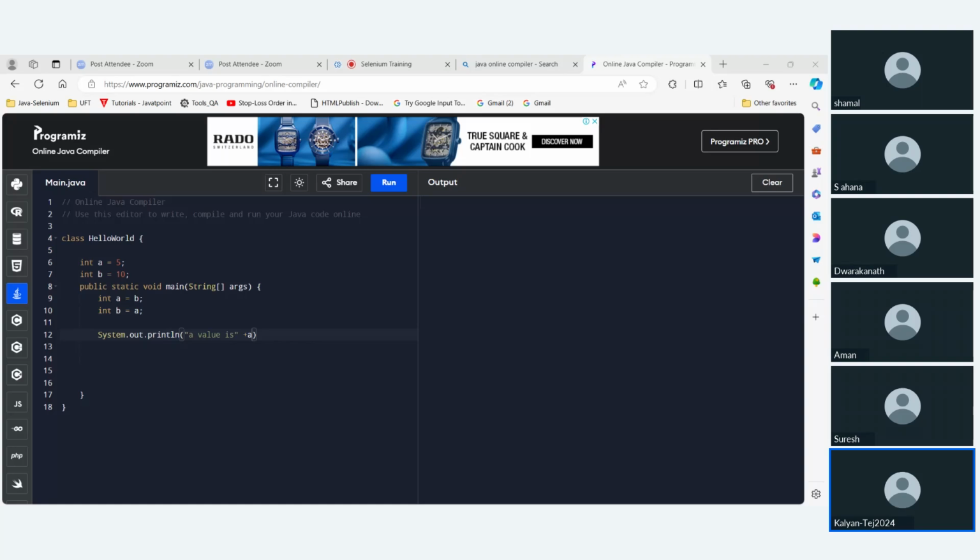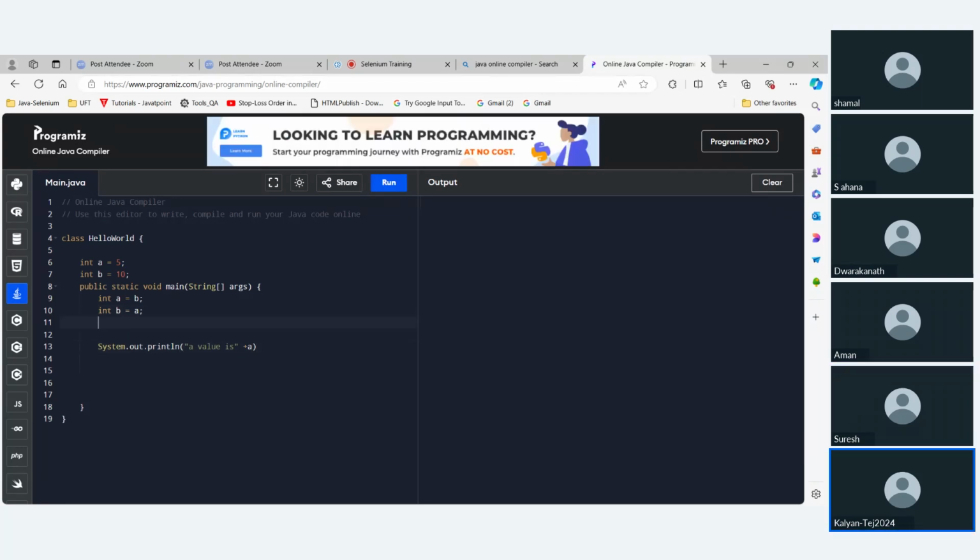Is Suresh audible for everybody? I can't hear you, Suresh, maybe you have some speaker issue. Correct, and the A value will be stored in B. Now I want you to print it. Will you get an output if you run this code? Suresh, you can try this.